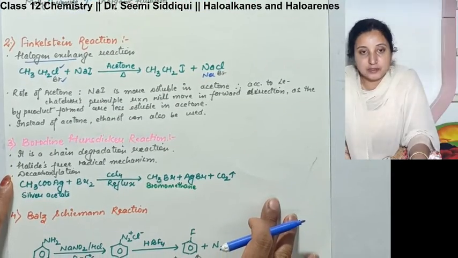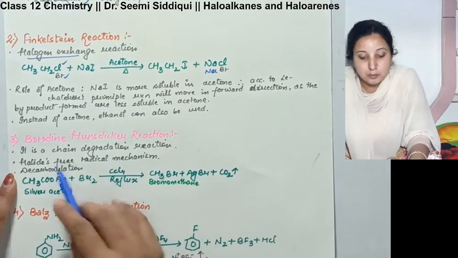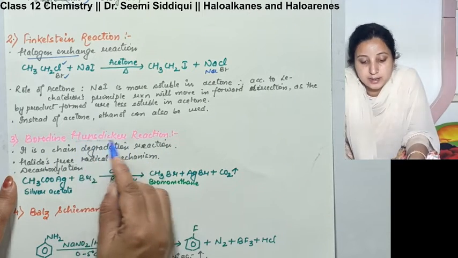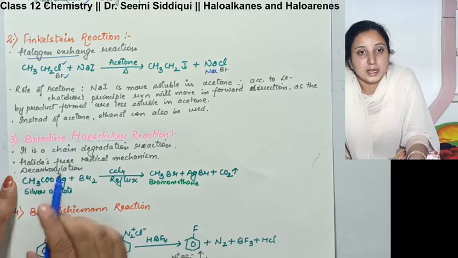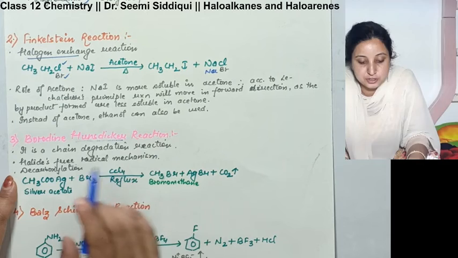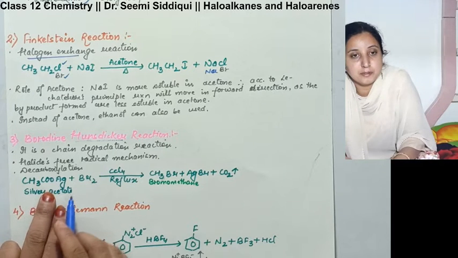The next reaction we have over here, Borodin-Hunsdiecker reaction. इसको हम सिर्फ हंस-डिकर रिएक्शन भी बोलते हैं. It is a chain degradation reaction. अब ये चेन डिग्रेडेशन रिएक्शन क्यों है? यहाँ पे what we do, we take a